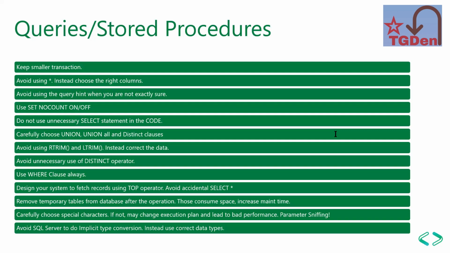The next point is carefully choose the special characters. If not, it may change the execution plan and lead to bad performance, because it can also create parameter sniffing. So there are special characters in your keyboard, right? Maybe a tilde character or any other special character. If you open a Word document and go to special characters, you can see a huge list of special characters. Now, in your application, when you are accepting any input, by mistake somebody can type and import some special characters. Then you design your system in such a way that the system itself will throw you an error message, instead of inserting all the records in the table,